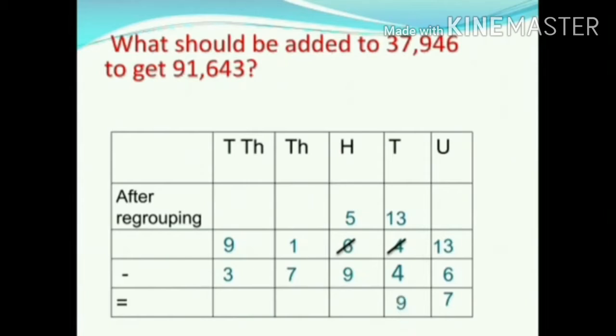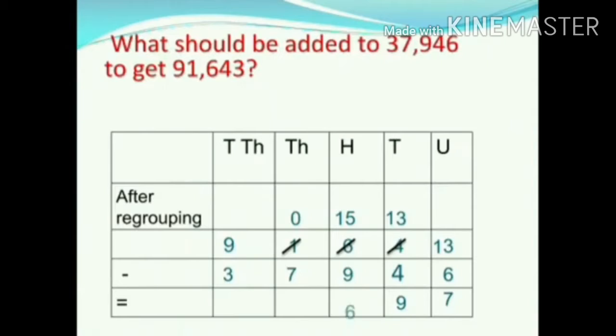Now subtract hundreds place digits, they are 5 and 9. 5 is less than 9. 9 cannot be subtracted from 5. Hence borrow 1000 from thousands place. 1000 equals 10 hundreds. Hundreds place can be written as 10 hundreds plus 5 hundreds equals 15 hundreds. After borrowing 1000 to hundreds place, thousands place is left with 0 thousands. Now subtract hundreds place digits, they are 15 minus 9 equal to 6. So write 6 in hundreds place.